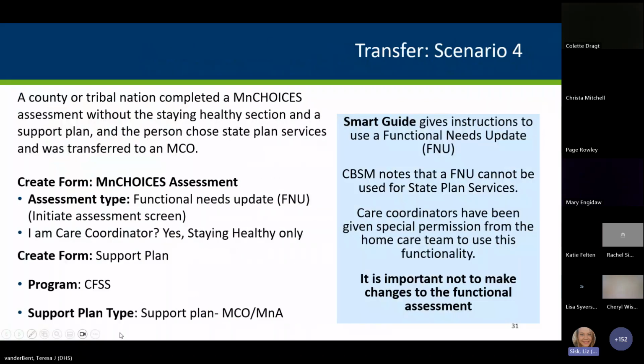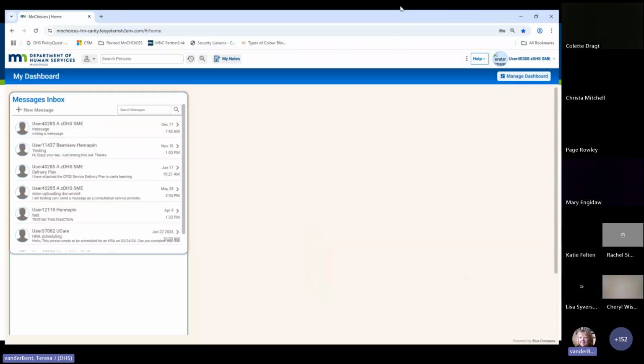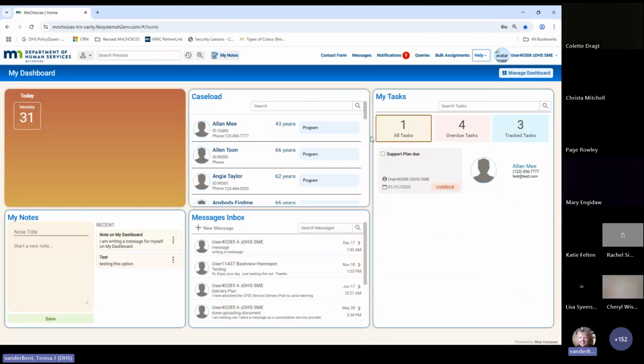I think Teresa's going to take over. Yep, I am, but I want to show one thing. I want to make sure that we're all on the same page of some level setting. Any of the resources that we've talked about today, if you go, I'm in the training zone. This is the navigation header. If I go to help and I go to help center,